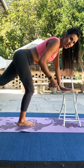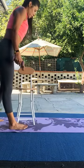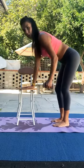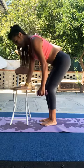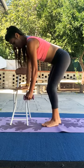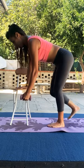I really love those isometric exercises where we're holding the muscle in place. And we're going to do the same exercise, switching sides. Here we go. I want you guys to make sure that when you're doing these exercises your knees are slightly bent. Hands are underneath the shoulders, and we're going to extend the opposite leg with the arm for 10,